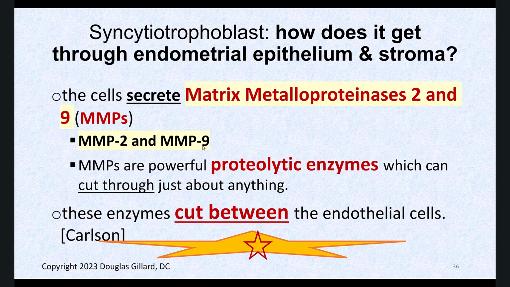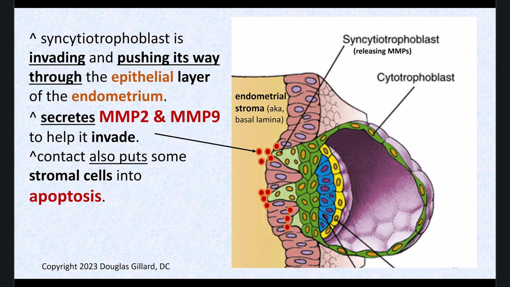Very similar. So they're powerful proteolytic enzymes, and they cut their way between the endothelial cells and any fibroblasts or anything they need. They can start to loosen up the tissue so Syncytiotrophoblasts can easily drag this